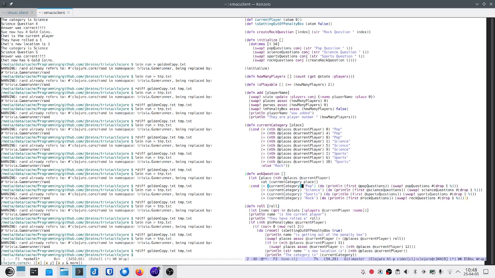So rather than using current category here, we can now replace it with cat. I'm doing a number of refactorings at the same time here, which is not good form, but I still pretty much know what's going on.